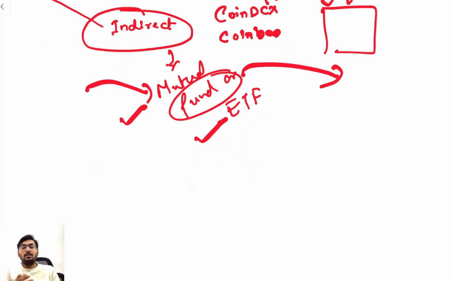So you don't have to do your own research on which crypto you should put your money in, or take care of the special keys of these cryptocurrencies. If you forget it, you will lose everything. Clear? So the point is clear: if I have the app and the money, I can buy the crypto and store it in my wallet. Second, if I don't want to do all this, I can give the money to the mutual funds, and they will buy it on my behalf.